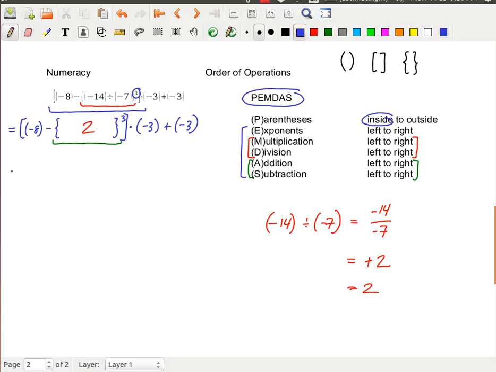So once again, equals square bracket, -8 minus, now what is 2 to the power 3? So now this is getting rid of the bracket. Now it's the number 2 raised to the power 3, which is 2 times 2 times 2, which is equal to 8. Close my square bracket, center dot, which stands for multiplication, -3, -3,